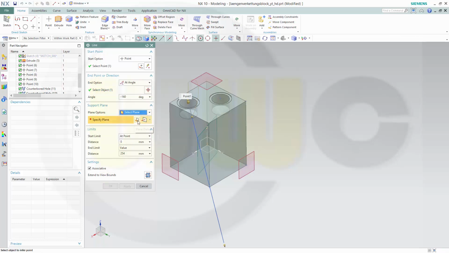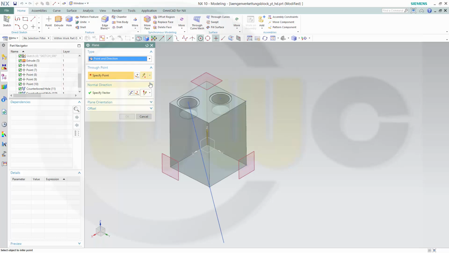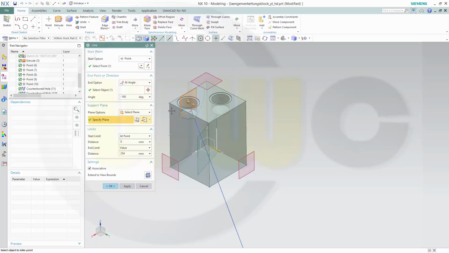Select plane, go for the plane constructor and choose point and direction. That's okay. The point would be this one and the direction would be this direction. So let's go for, I could make inferred and go to this one, confirm. Now I got a plane. That's okay. And I need a length which should be 63